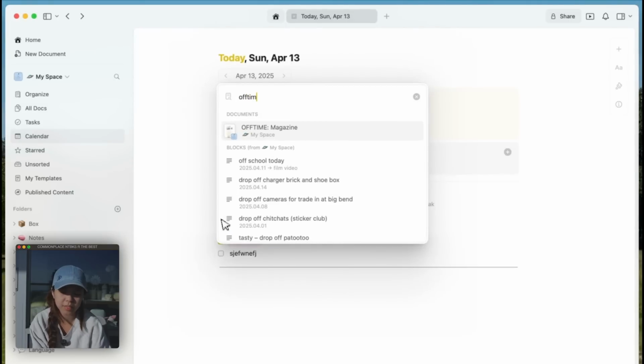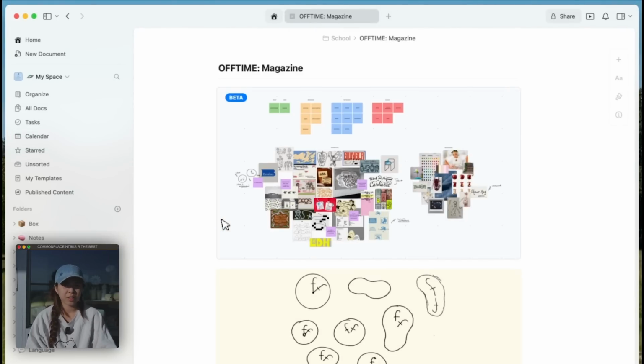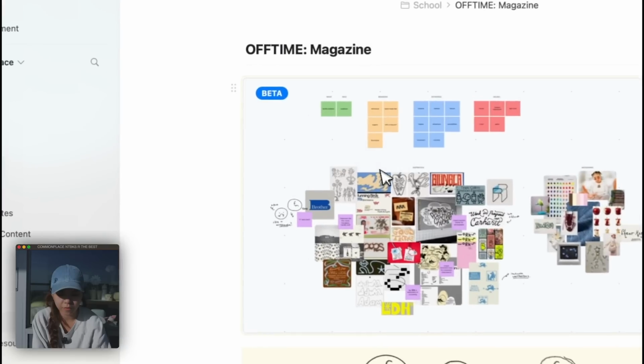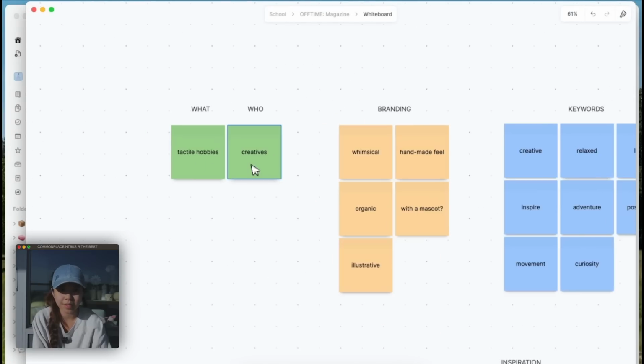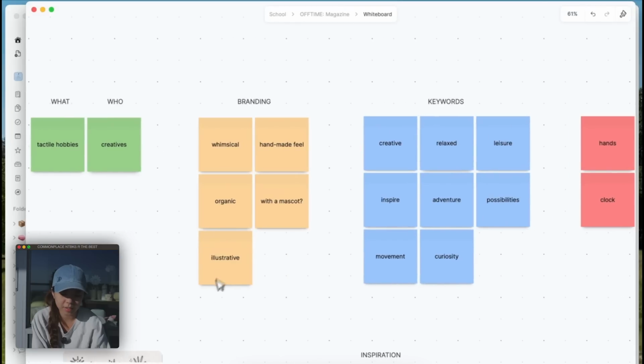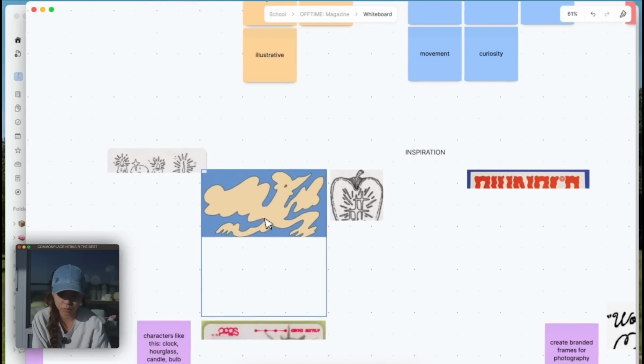And then let's get into one of the more complicated ideas. I've been using this for my personal work thing. And one of my assignments, I have to create a magazine. So I did have a whiteboard over here where I brainstormed the ideas. I have some what's and who's, I have some brand feels, I have some keywords and nouns,